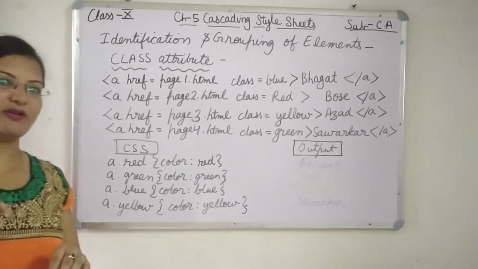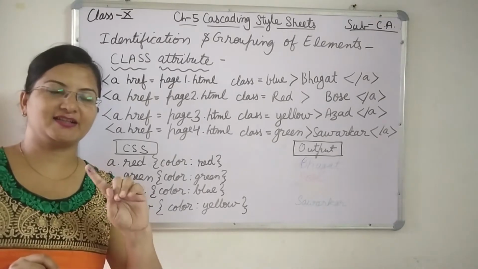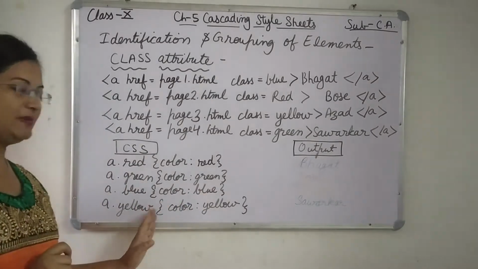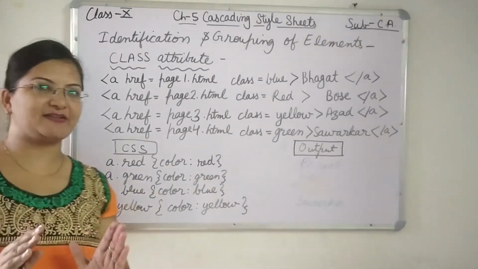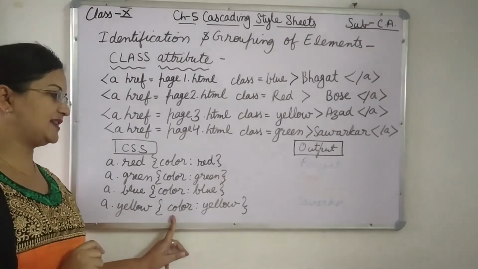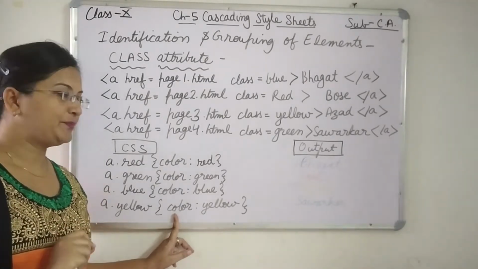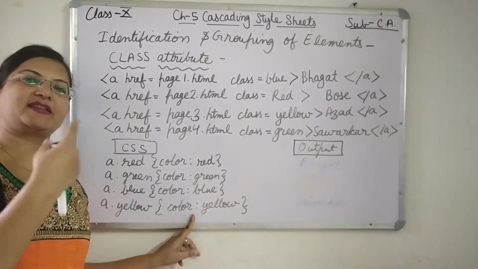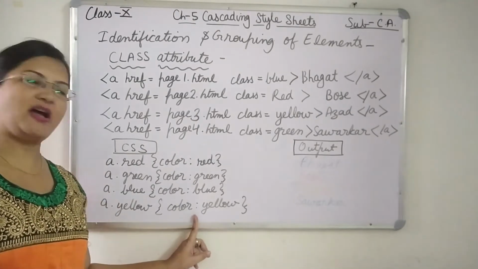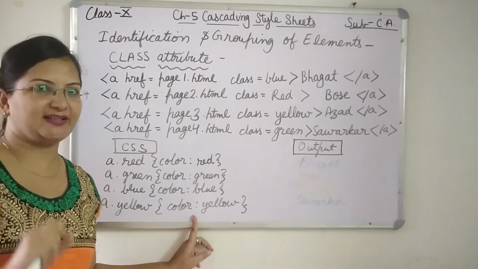When I was teaching you about external CSS, I have told you that internal CSS have same content as external CSS. The content will be same, but the location is different. This CSS, if we are using internal CSS, we will write inside head section in style tag. But if you are using the same CSS in external style sheet, then you have to simply open a notepad file. There you have to type this and then you have to save it with some name .css extension.